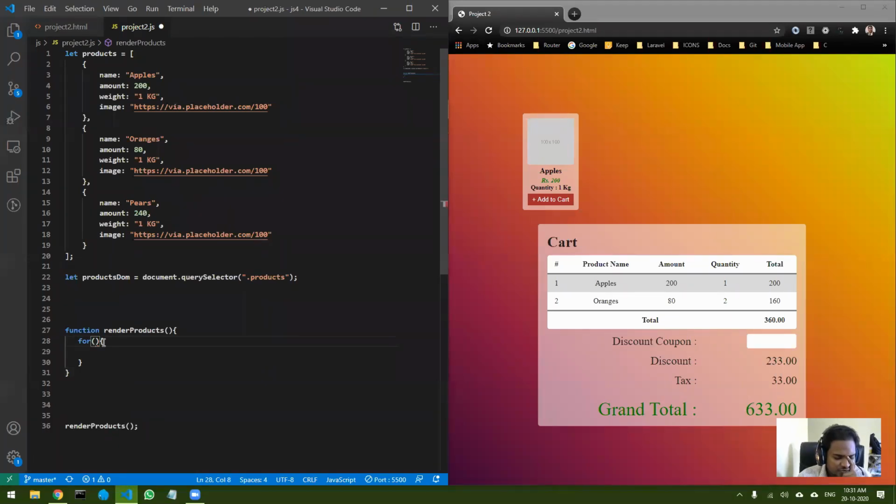Which method should I use? Let me use forEach this time. We can use any method, but I am thinking of using forEach now. So let's use products.forEach. You should be good with all the syntaxes.